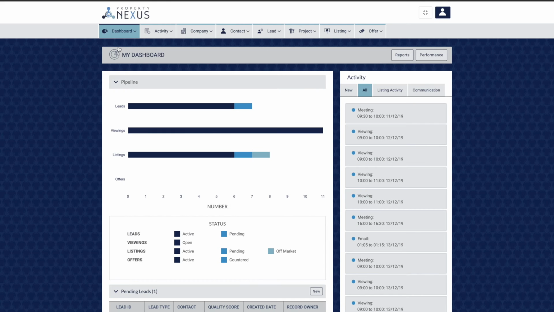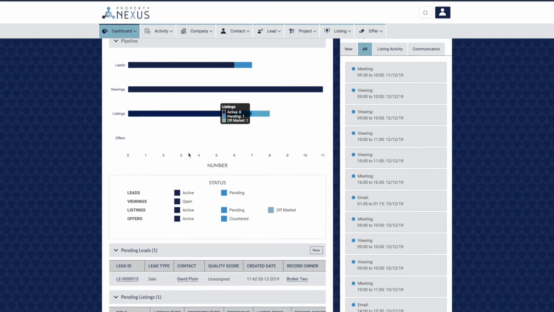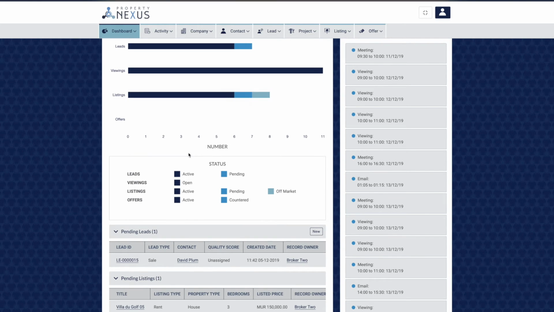The pipeline graph shows your sales funnel, starting with the leads that you are working on, the viewings that you have already set for the coming days, the listings that you are working on, and the offers that you have in process. You should always make sure that you keep your sales funnel well stocked to ensure consistent transactions in the coming weeks and months. This graph gives managers the overview of the health of the team's pipeline and will allow you to easily spot